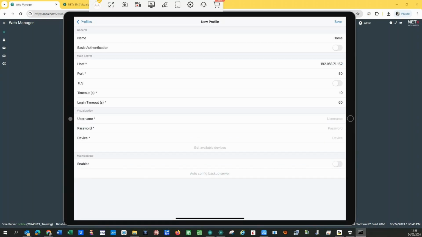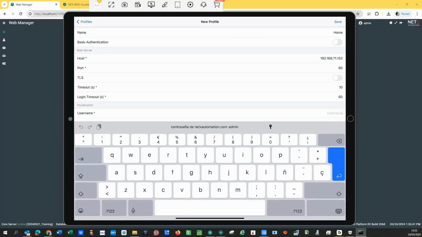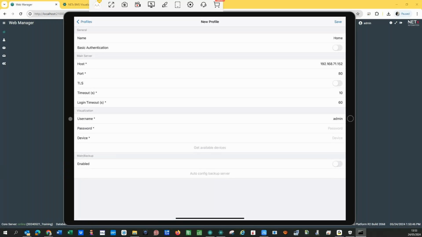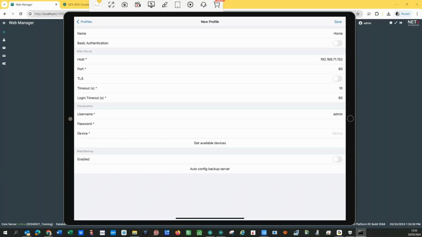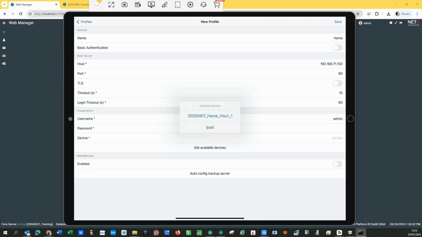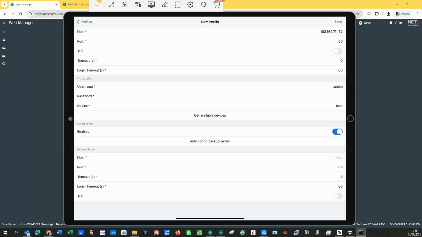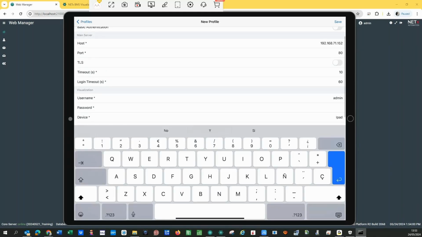I'm not sure if it's the port, but I will check. I log in. I am always using the super admin, but it's not necessary. And I have my home on the iPad, this is my home visualization. I have a backup server, so I can also put the backup server if the home server